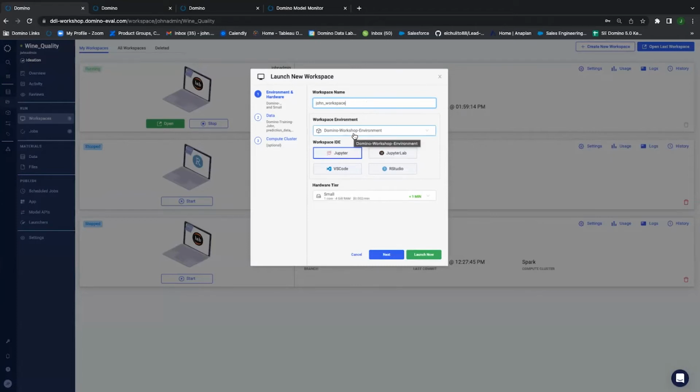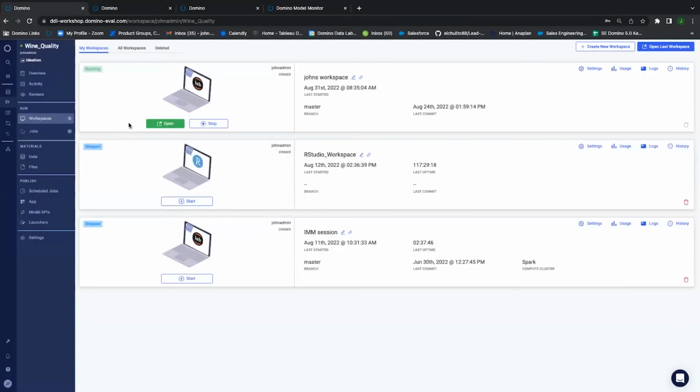Since we run on Kubernetes and Docker is our containerized engine, what's going to happen here is you can build actual environments or Docker images with all the packages and libraries that you need at your organization's level. So in this case, for example, you can have images that are based on Python, they're based on R. You might need to have requirements for specific versions of packages and libraries. That's all going to be done at the environment level, which can just be attached to an actual workspace. What do I mean by that?